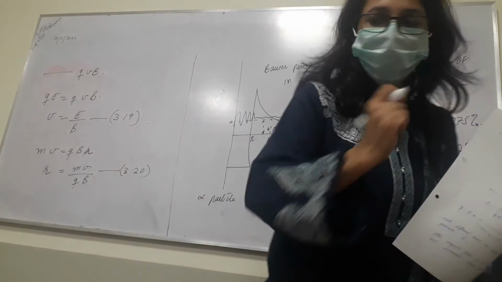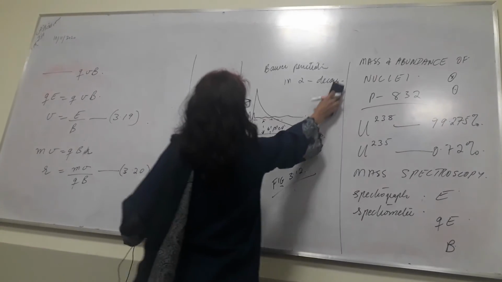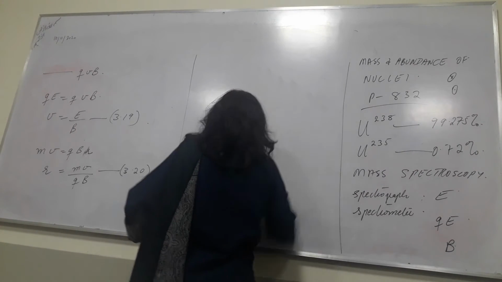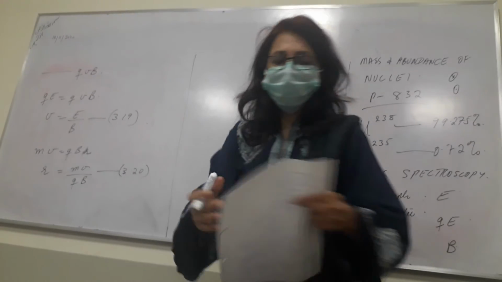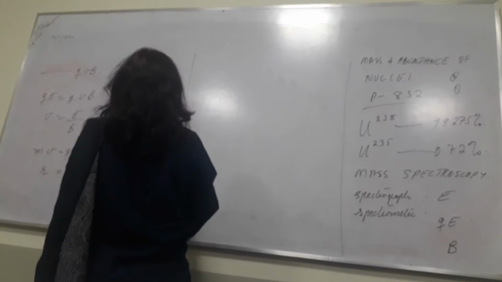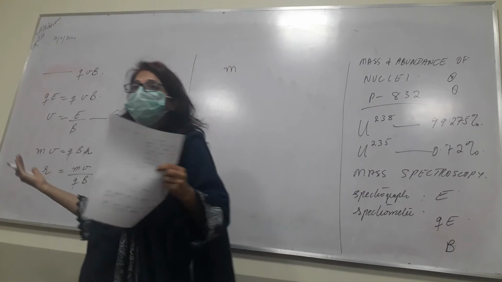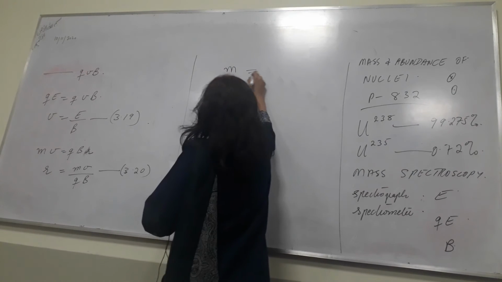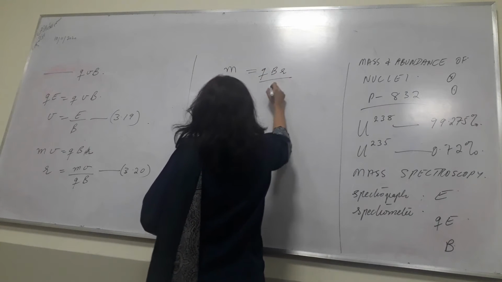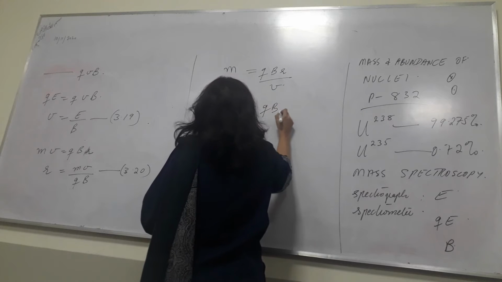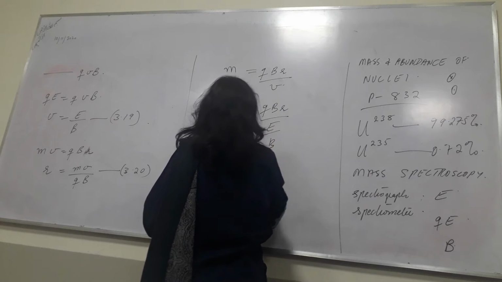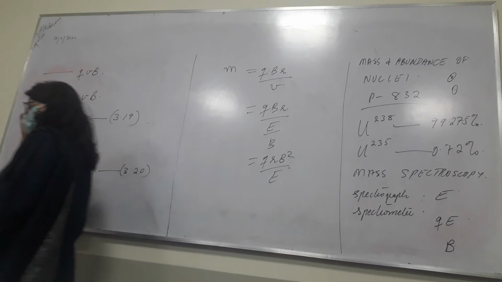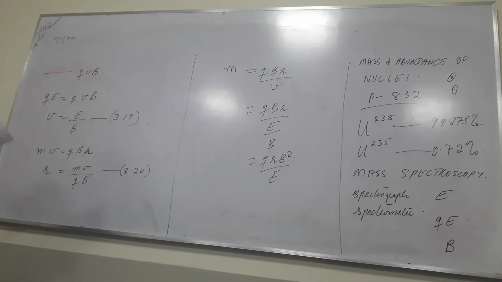and therefore we can get the mass. We were trying to find the mass from the beginning. So, we did this experiment in order to find the mass, and the mass comes out to be QBR divided by V. So, this is QBR over E over B. This is one method that you can use in order to find the mass of the nucleus